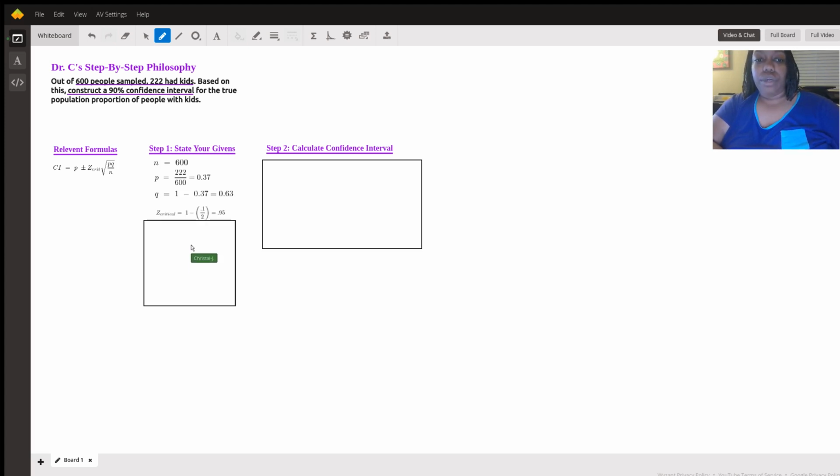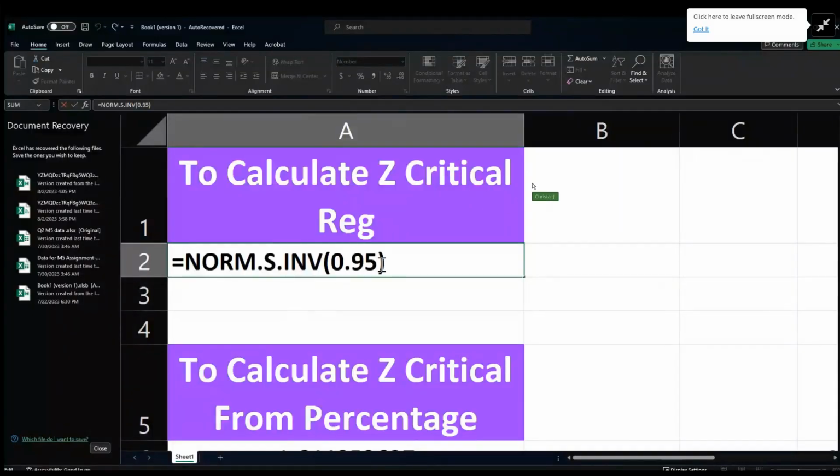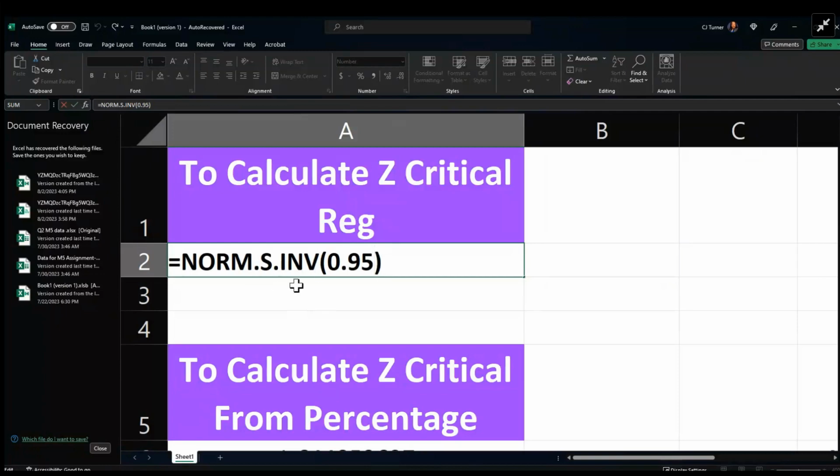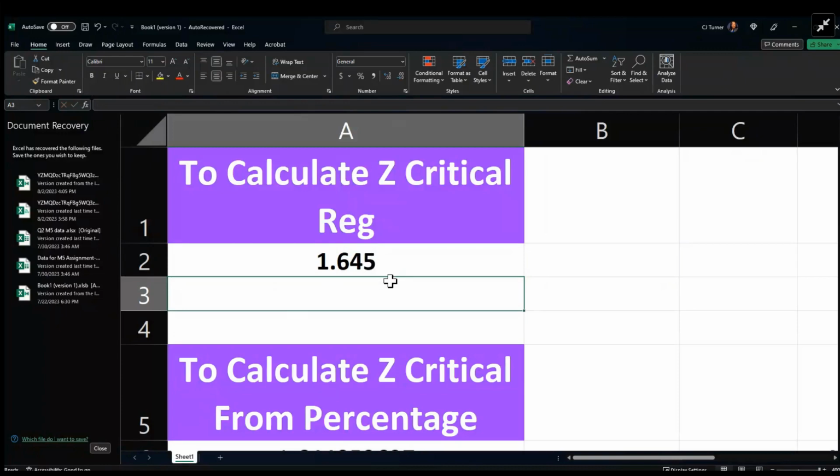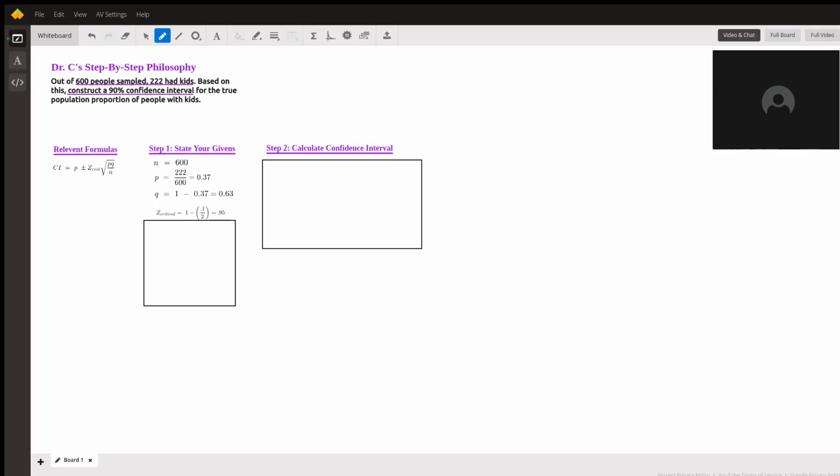For the Z critical, we do 1 minus alpha divided by 2, and that gives us 0.95. Now, I have a trick where you can just go to Excel to calculate this, and you do equals NORM.S.INV, and you put the probability in here. So we found that the probability was 0.95, okay? And that gave us about 1.645 as our Z critical. Okay, so once we figure that part out,